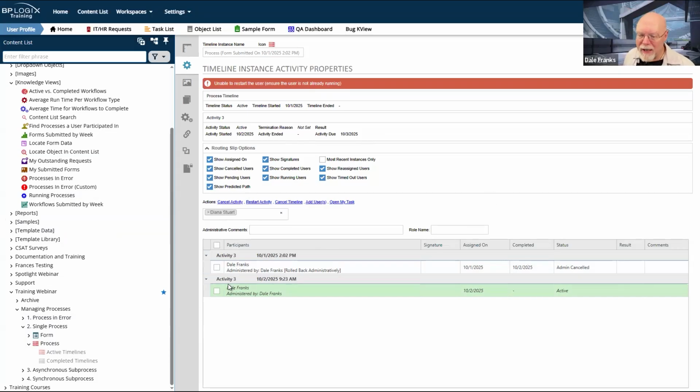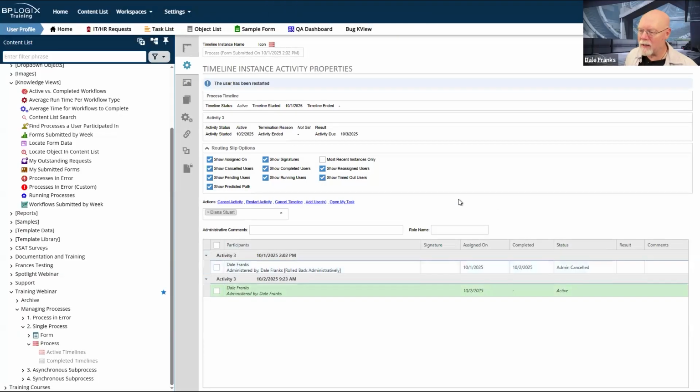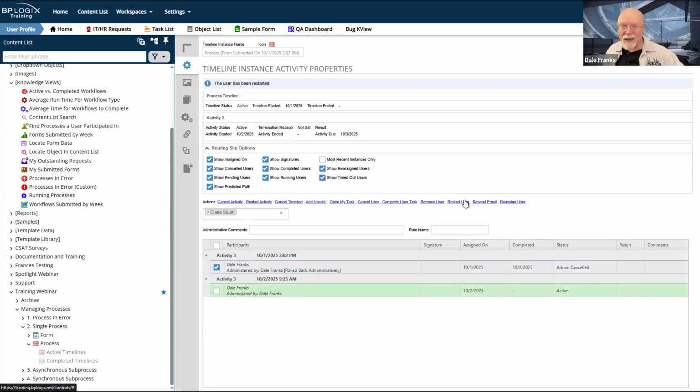If a user is completed in the activity, I probably can't do it here either because I am still Dale Franks. So yeah, it's not going to do that. I'm still the assignee, so that restart isn't going to work either, but I do have the ability to restart the user in the task. Now, the trouble with restarting the user, if they've completed their task, is it doesn't get rid of their previous selection. So if that is still in there as a result, depending on how your timeline is canceled, it could still cause problems. So you might still have to go in and remove the user to get rid of that old result after you restart them in the task.